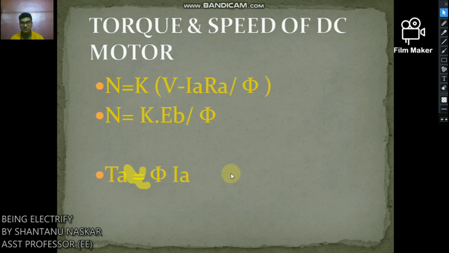When the flux decreases slightly, the armature current increases to a large value. As a result, in spite of the weakened field, the torque is momentarily increased to a high value and will exceed considerably the value corresponding to the load. The torque available causes the motor to accelerate. Back EMF is Eb equals P phi Zn by 60. So that is the torque and speed of the DC motor.